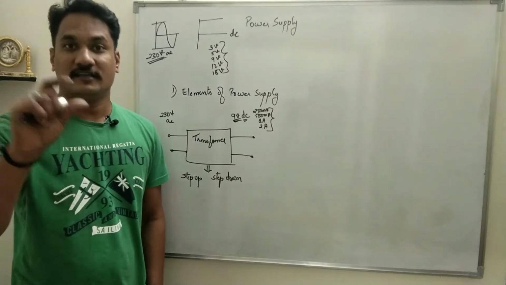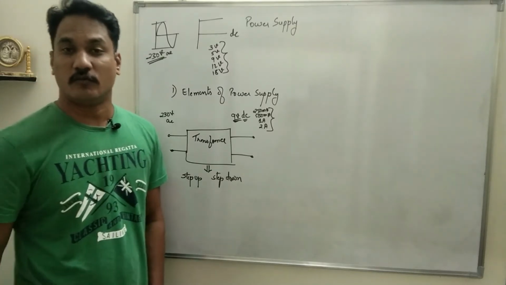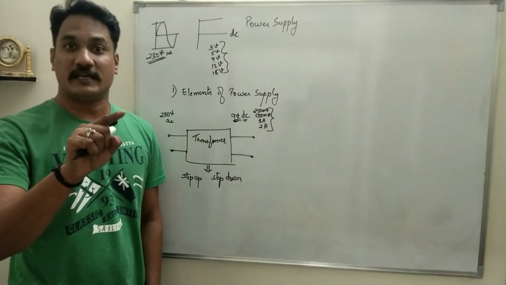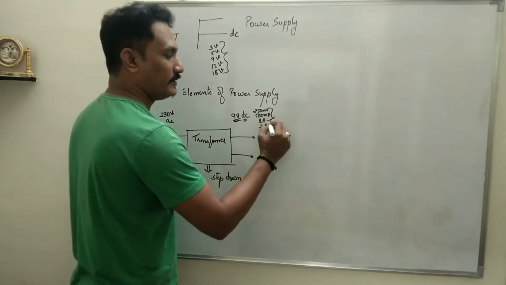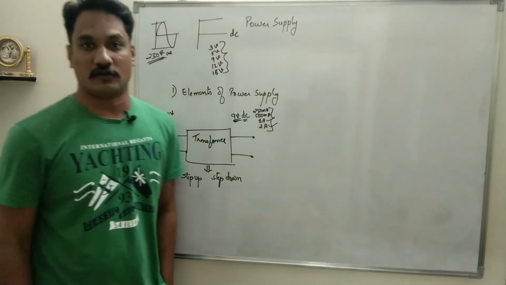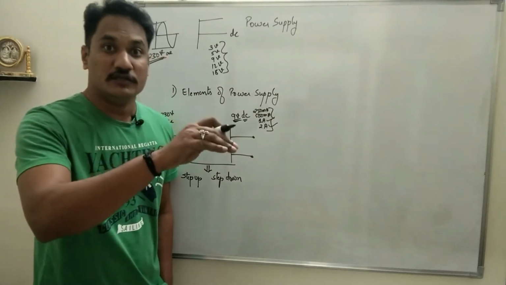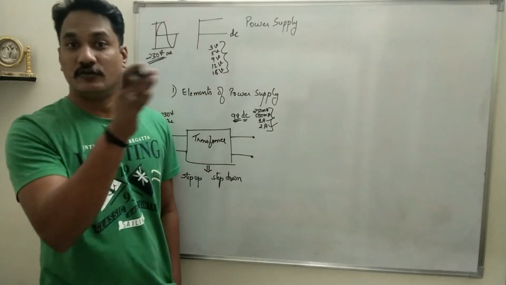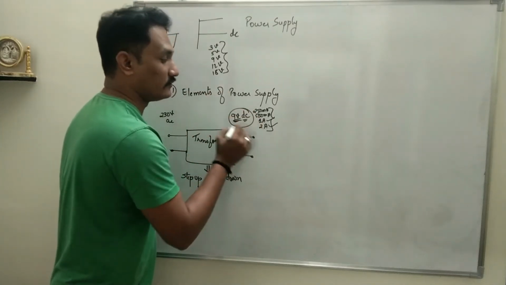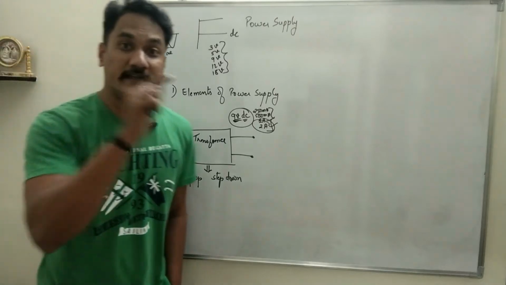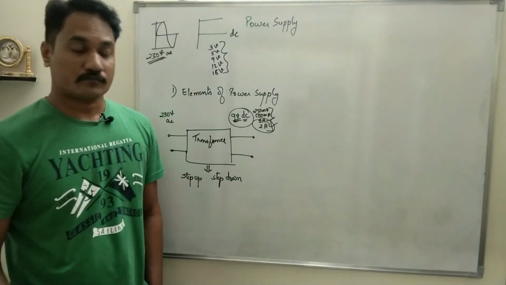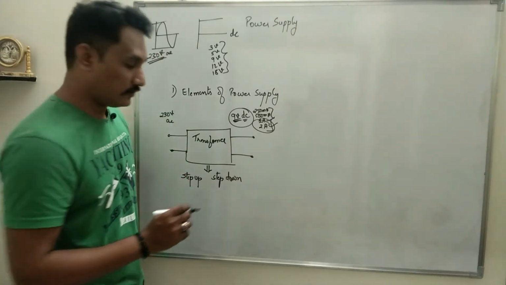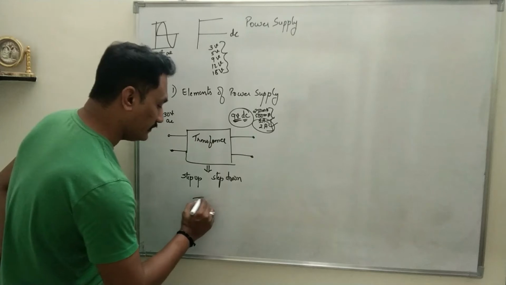If you see your charger for a mobile phone, it will mention the voltage as well as the current rating. It is around 1 ampere or 2 ampere. You can see it written on the charger. So the transformer used inside that black box converts the AC, and this will be the voltage and this will be the current rating specified on the device. Let us try to understand what exactly we mean by a transformer.